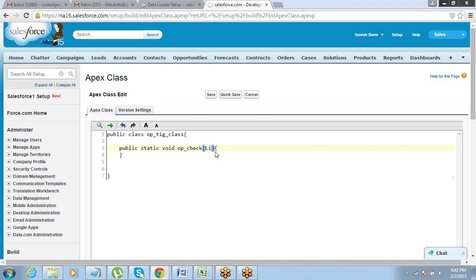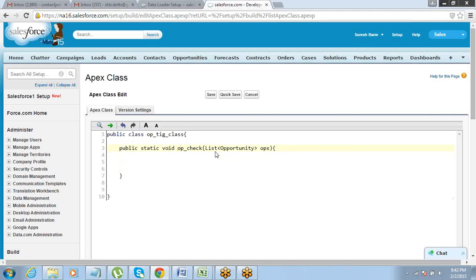And I am passing a parameter on this method, call it OPS. This parameter is being passed for the trigger.new, the records which are being entered. I'll talk about it a little later, just let the parameter be there.